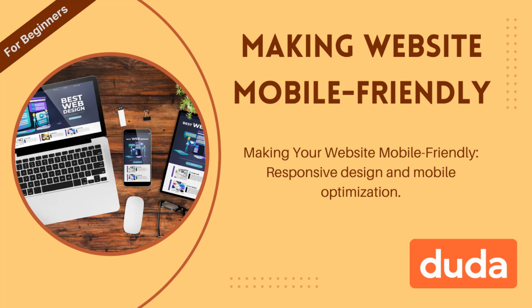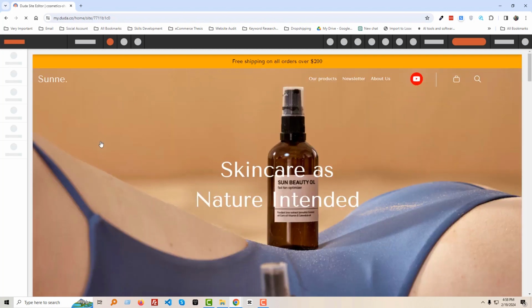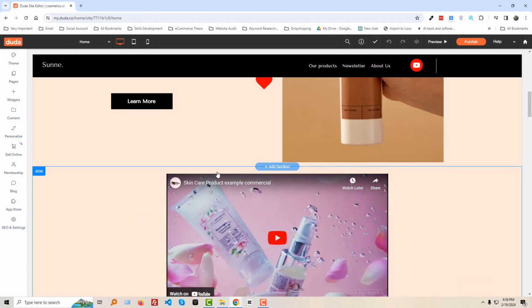So let's get started. First of all, you have to log in to your Duda account. Then you have to open your website. You have to click on your website image or title. Then the editor mode will open. So you can see that my Duda editor mode has opened, and I can change or edit anything as per our